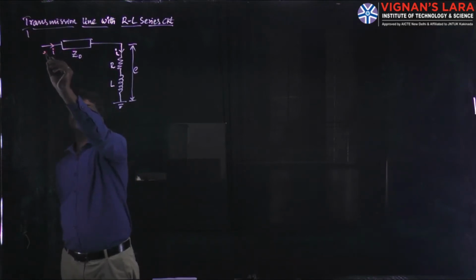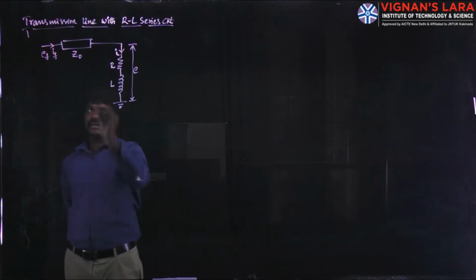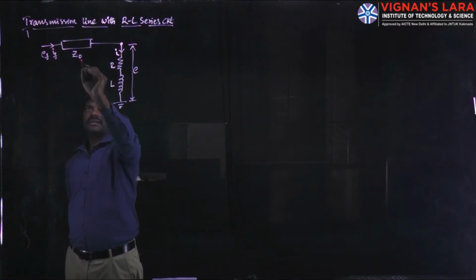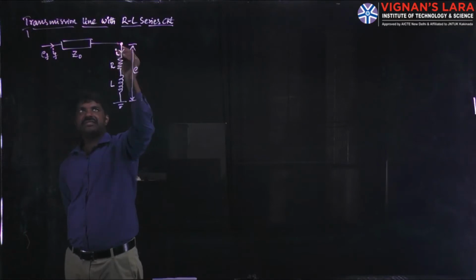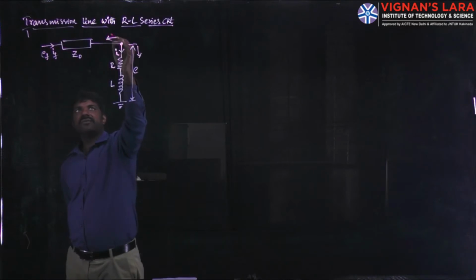So with incident voltage as EF and IF. EF, IF are the forward voltage and forward current, the incident voltage and incident current. Whenever they reach this point, EF, IF travel against Z0. Whenever they reach here, it has ZL, R plus jXL, so that it is subjected to a disturbance. Whenever this disturbance point is observed, reflection and refraction happen. These are the refracted values E and I, and the reflected values are ER, IR.